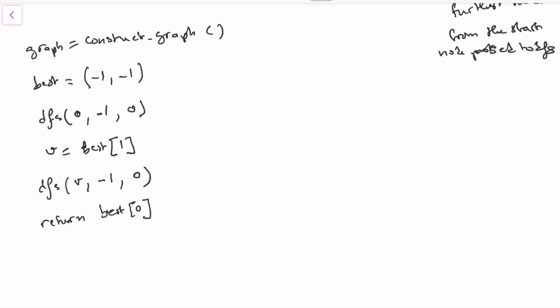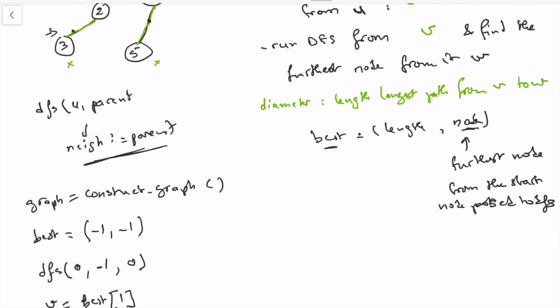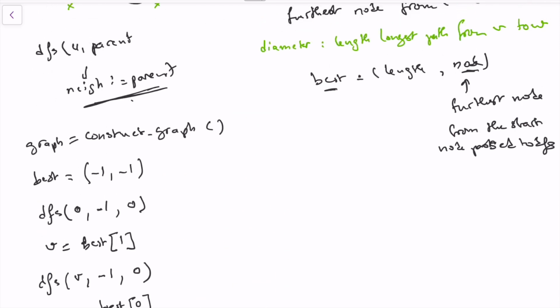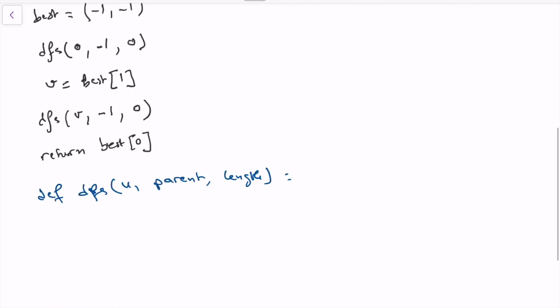Now, how can we do our DFS? It's just your usual DFS with the caveat that I explained here, that since it's an undirected graph, we need to not go through the parent again. And so let's write our DFS here. We are passing the node, let's call it u, and we are passing the parent, and we are passing the length of the path. And so we want to keep finding the best path to the furthest node so far, right? And since we go through with DFS, we will run it for each neighbor, and so we will just need